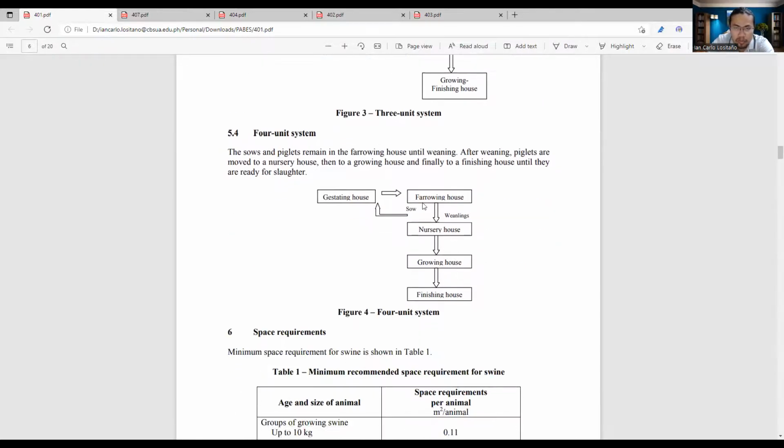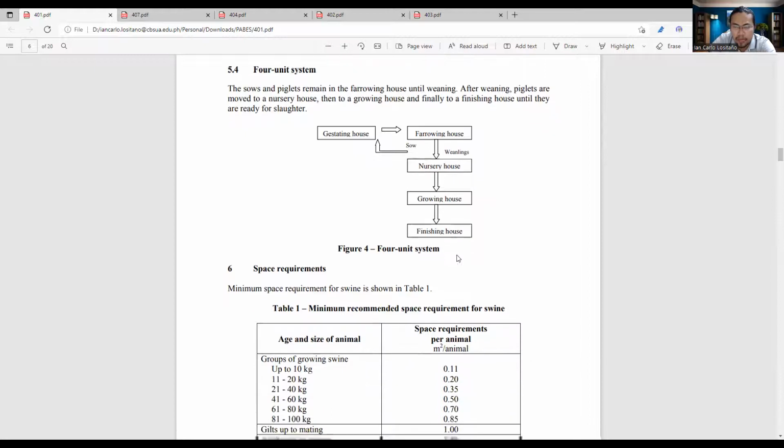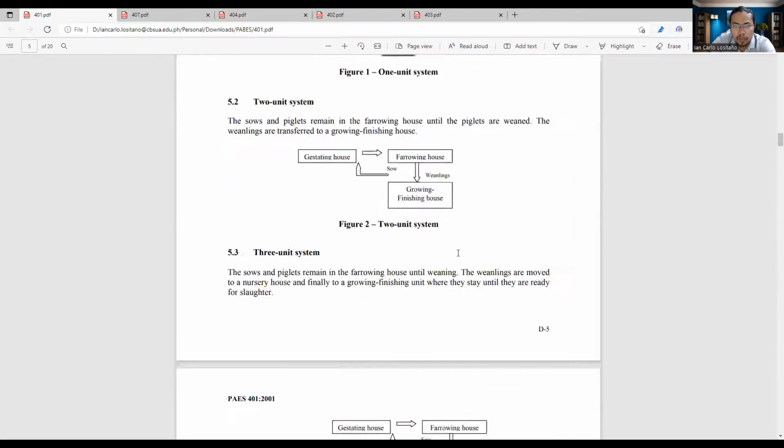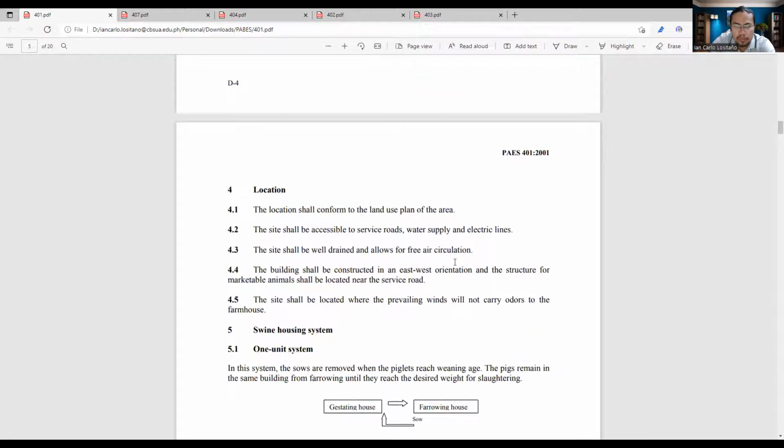So a 4-unit system now introduces or divides the growing system and the finishing system. So the growing house and the finishing house would have different locations. Well, they're nearby or they're located together, but they would introduce another building that would increase the capacity of the system. So in the construction of this system, for the location, the location shall conform to the land